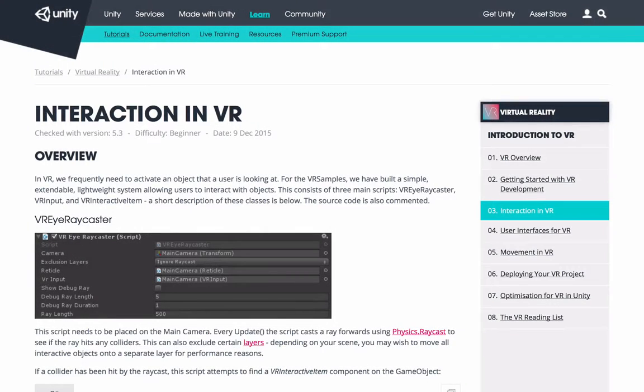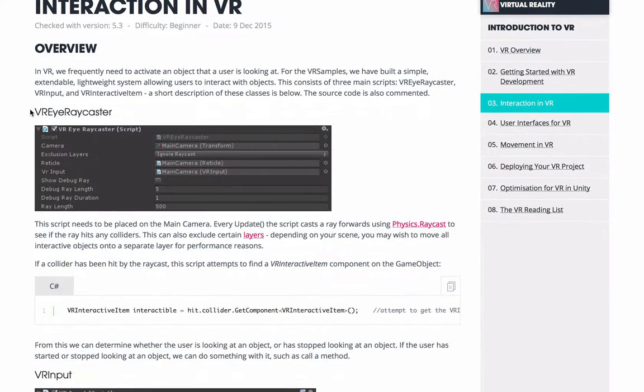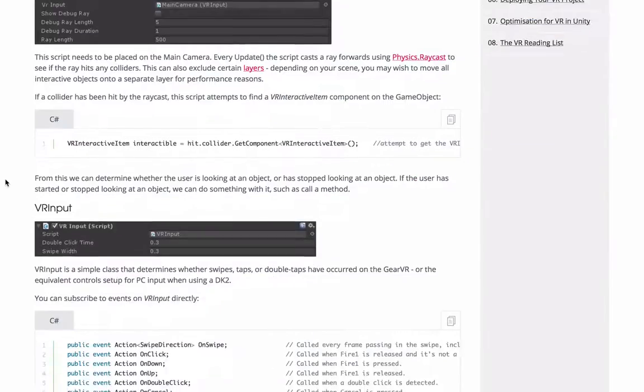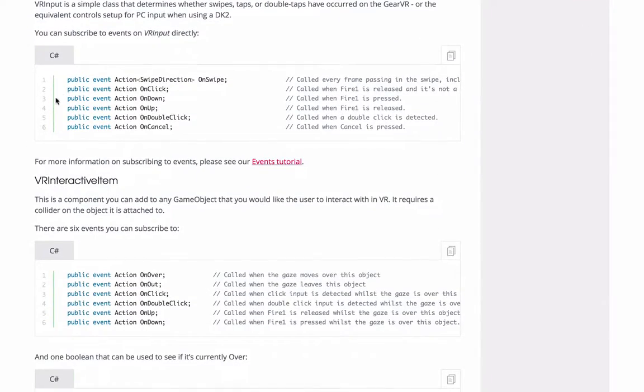Hello everyone, there's news concerning virtual reality and Unity 3D. Unity 3D actually now has a very own Learn section about VR in the Learn and Tutorial section on the official homepage. There's things about a VR raycaster. That's simply an object that you attach to your camera, and then every object in the scene can trigger these